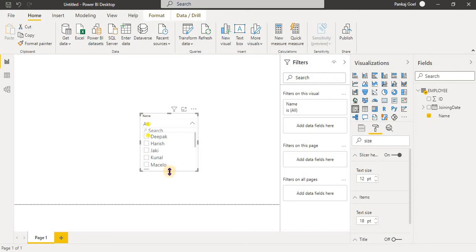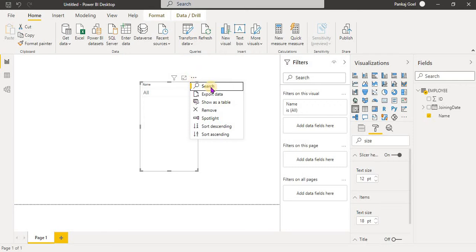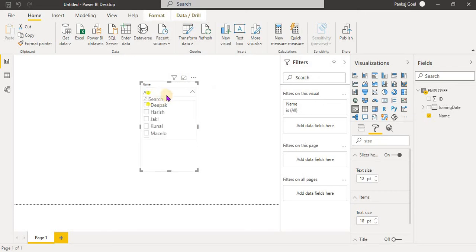When you write M over here, see all the names that start with M are displayed over here. Suppose I'm searching A, like this. So in a simple way, just click on three dots, give the search, then it shows you the search text area, then records will display accordingly.